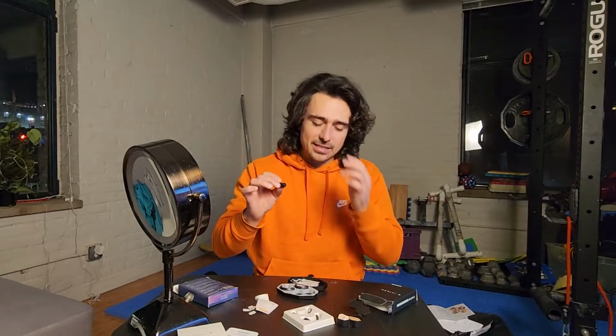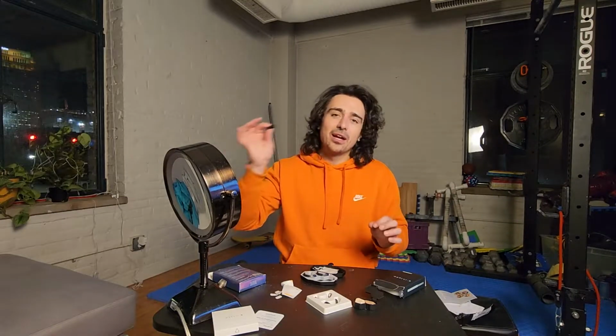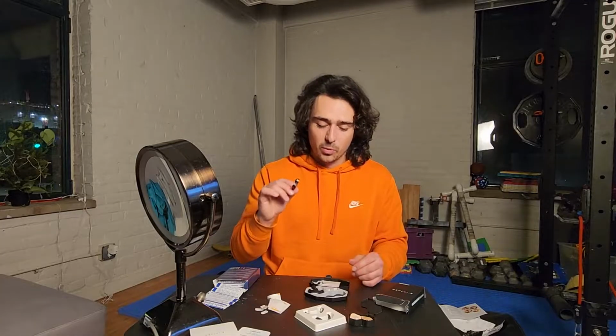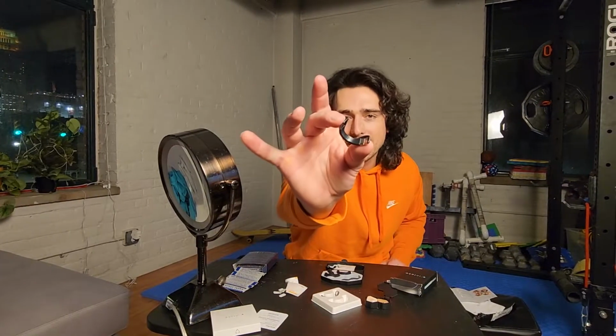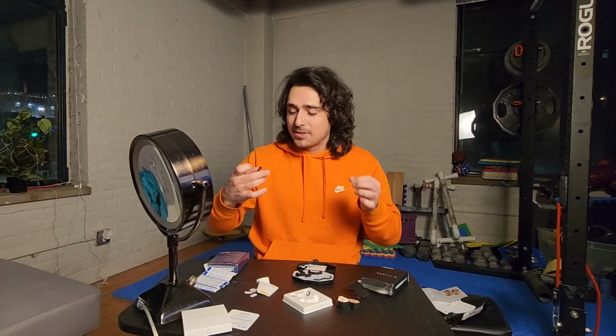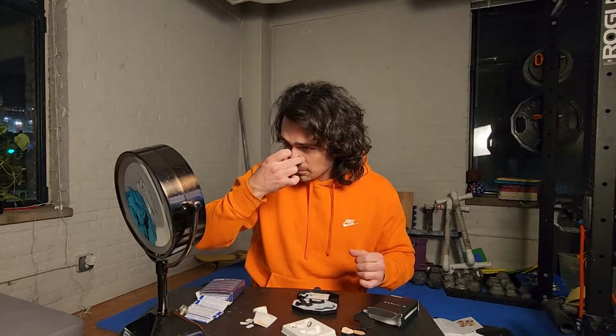The applicator is nice because it is magnetic, and with that you can really place it where you want. Let's go ahead and put one of the bands on. Probably going to go with the small. All right, so here we go. We have the magnets on the inside. As you can see here, we have this steel on the inside of these tabs. Let's give it a shot. Ooh,